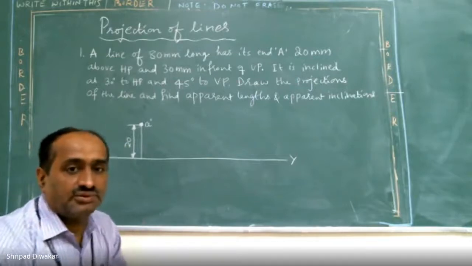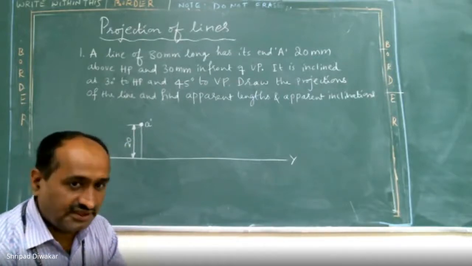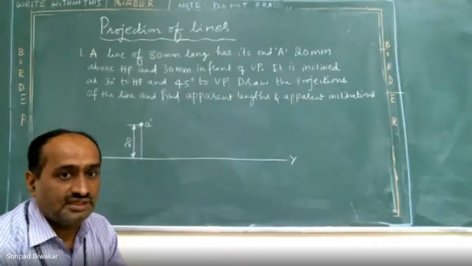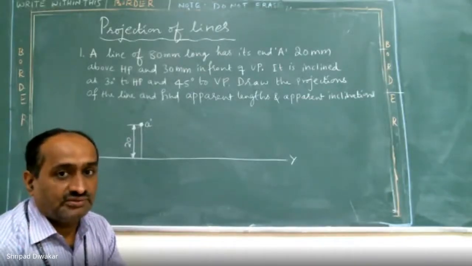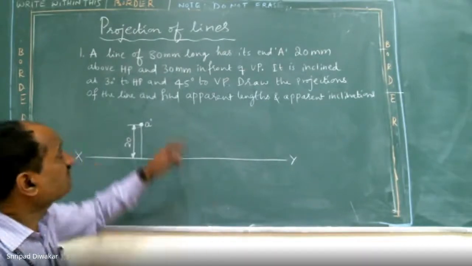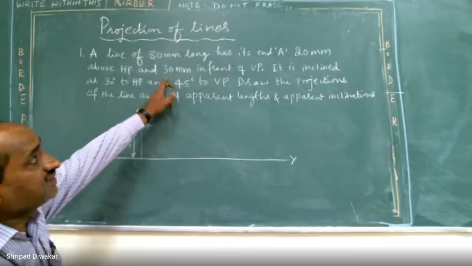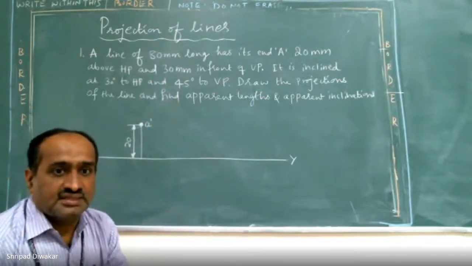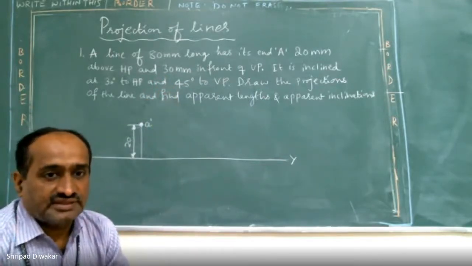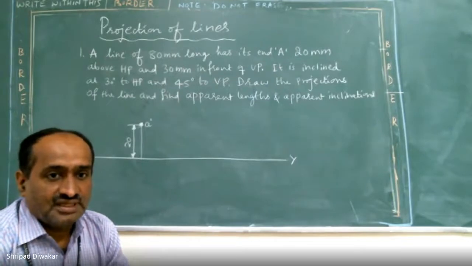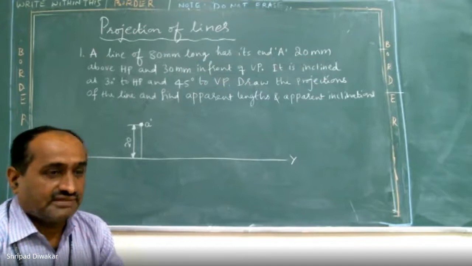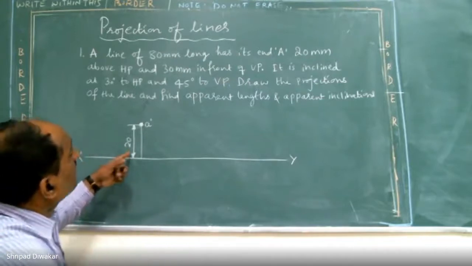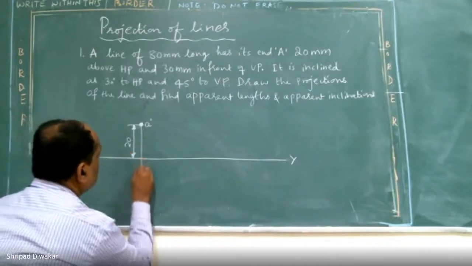Next, how to draw the top view of this point A? Below the reference line, sir. Okay, below the same line, you have to locate the top view of point A, which lies at a distance of 30 mm in front of VP. Because as the point lies in the first quadrant, the front view is above the reference line and the top view is below the reference line. Okay, first step over. Second step is you have to take 30 mm distance.